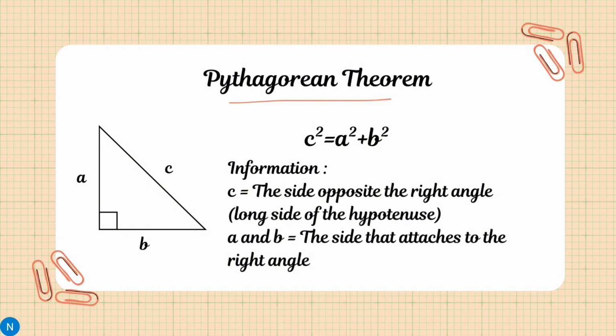In essence, we can find one side of a right triangle without having to measure it directly. The important thing is that the other two sides are known, and we don't need to memorize the letters. The point is that when you square the long side, the result is the same as the sum of the other sides that have been squared. So we have to understand the concept.